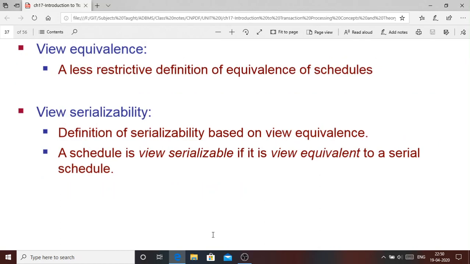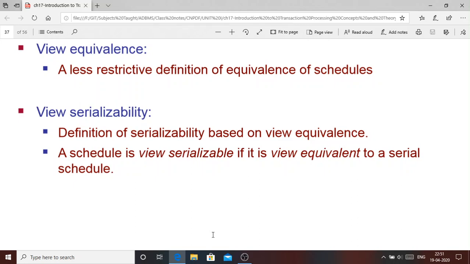Another approach to get serializability is achieved through view equivalence. What we discussed earlier was conflict equivalence. Now there is another approach to ensure serializability, which is view equivalence. It is basically a less restrictive way of checking the equivalence of schedules. View serializability is based on view equivalence. That means a schedule is view serializable only if a non-serial schedule is view equivalent to a